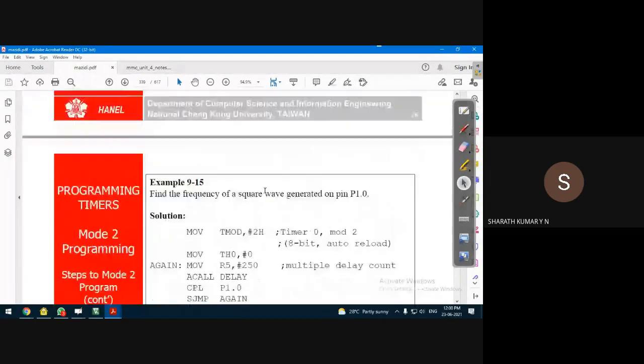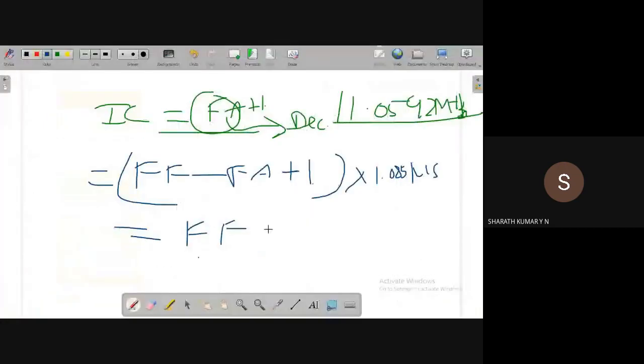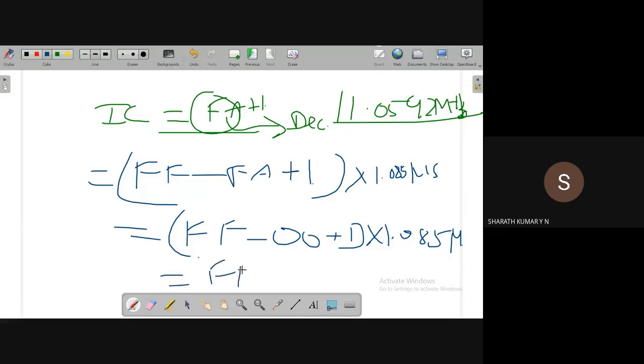Okay, fine. What is the maximum delay we can generate using the mode 2 operation? In mode 2 operation, it is when the initial value is 00, FF minus 00, plus 1, of course, that gives the largest possible delay, into 1.085 microseconds. Just a second, this should be FE.